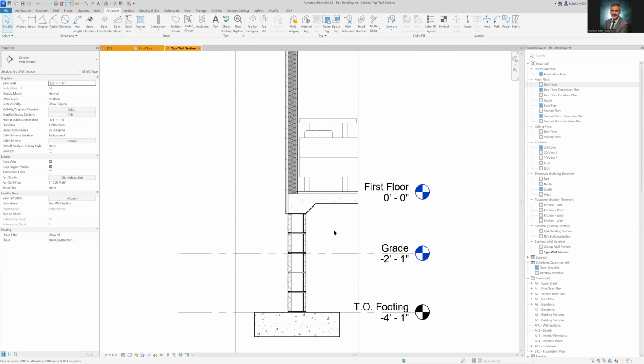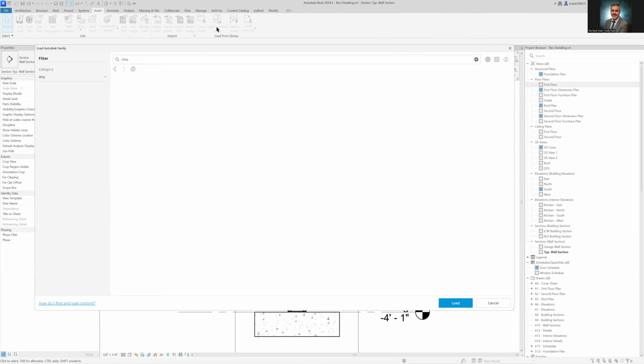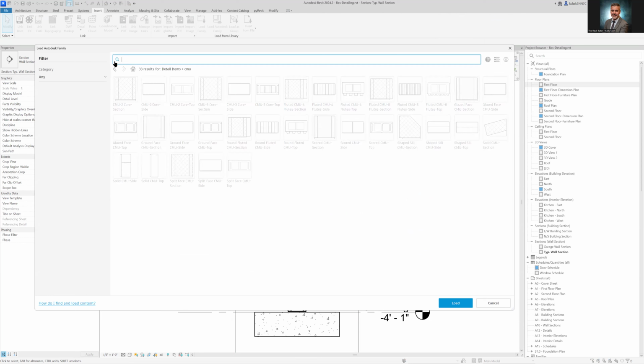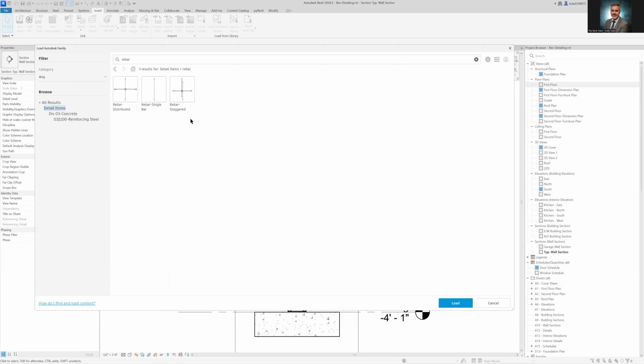pieces of rebar possibly. Now this is because we're working with a concrete, we're not working with a window in this case. So to add reinforcing into it, Revit does have these families. If you happen to go into the Autodesk families and try to load in some details, it's remembering the last thing I did here. So if I put in like rebar in here, you can sort it out by category, but I like the words. Single piece of rebar,